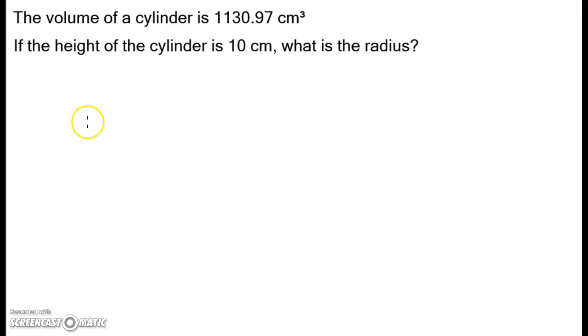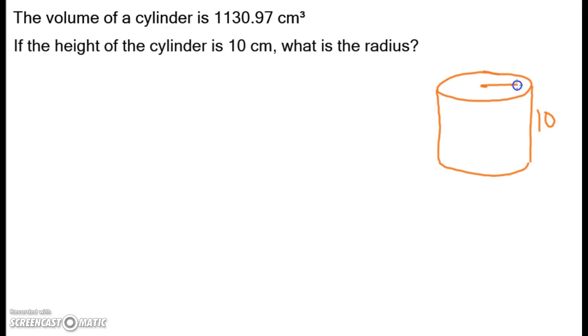The first thing I would do, though, is I would draw a picture of this. I would try to get an idea of what this looks like in my head. All right, so we have a cylinder. I know that the height of the cylinder is 10. I do not know what the radius is, so I'm going to put an R on there. But I know that the volume is equal to